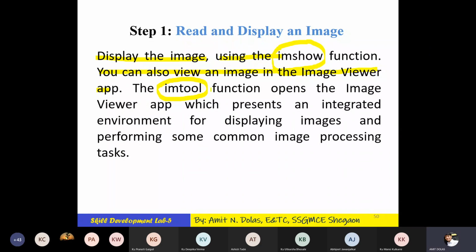That function opens the Image Viewer app, which is present in the integrated environment of MATLAB, for displaying images and performing some common image processing tasks.